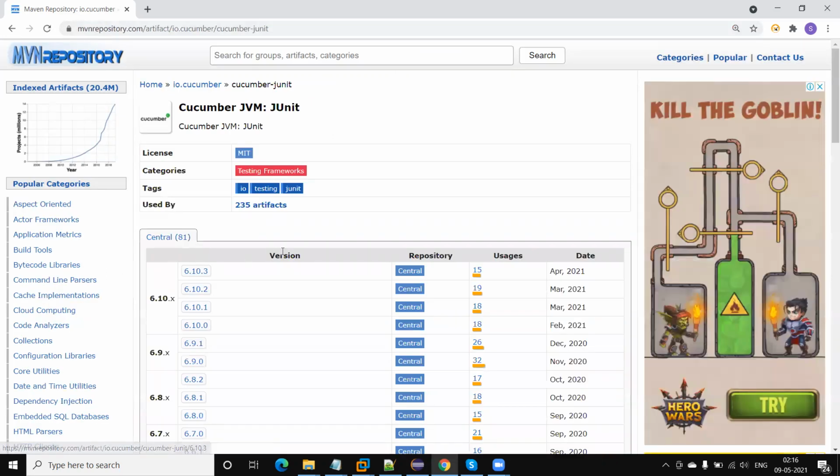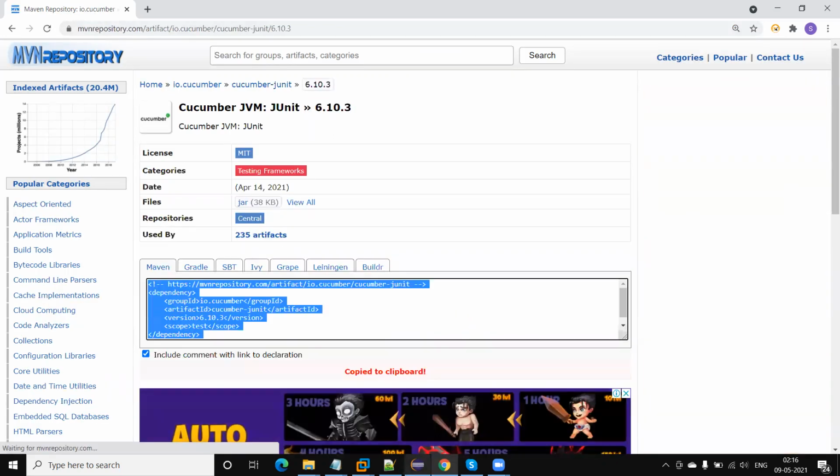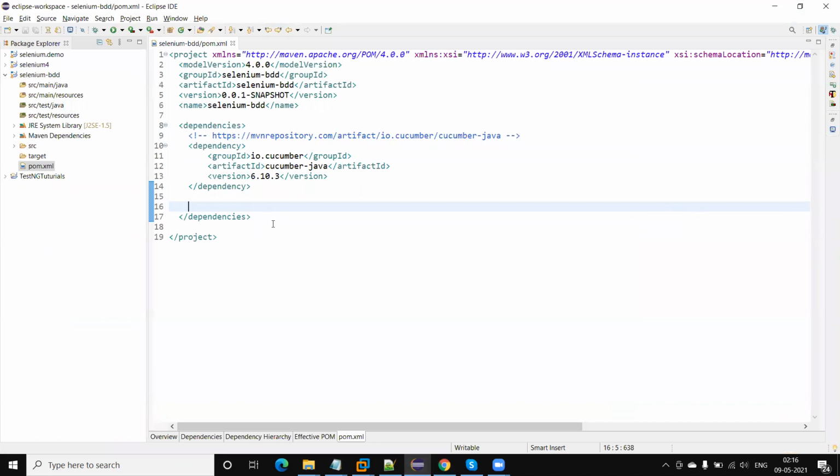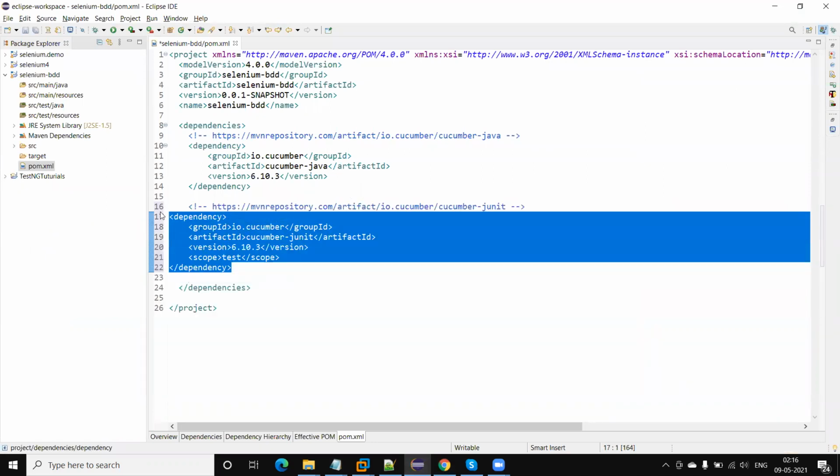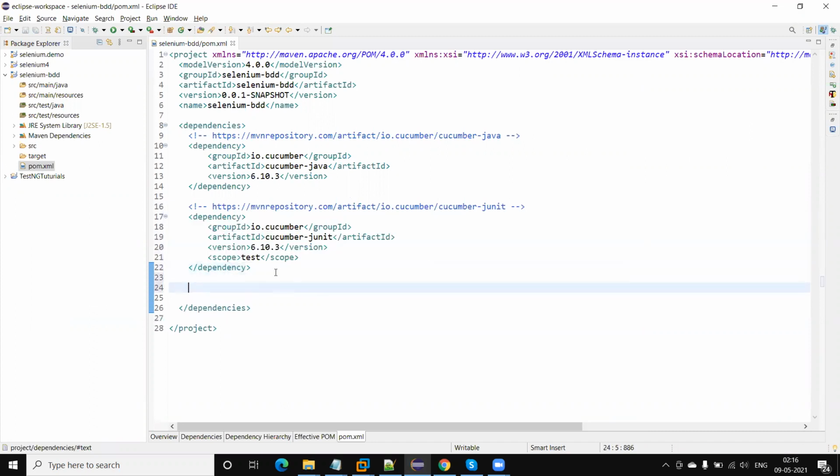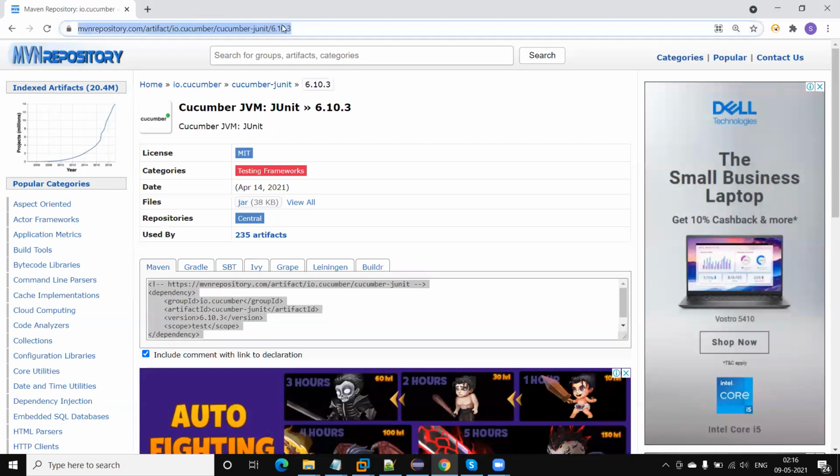Go to the latest one, copy and paste. Okay, so if we are going to use the Java 8 features, we can also use Cucumber Java 8. We can add the plugin.